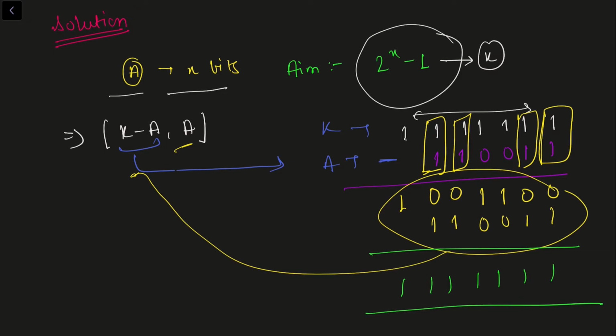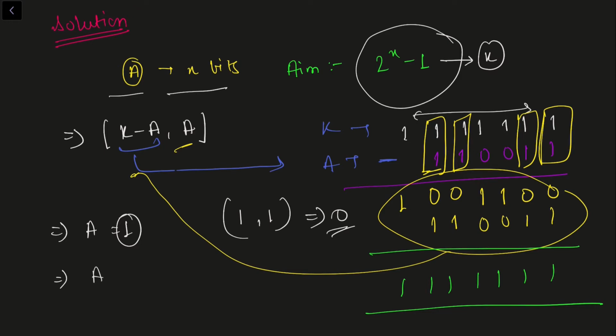But there are two base cases that we need to handle. The first one is, if a equal to 1, we have just one possible choice, and that is 1 comma 1, and the XOR of these two values is 0, which is the maximum we can get. And apart from this, we have one more condition.